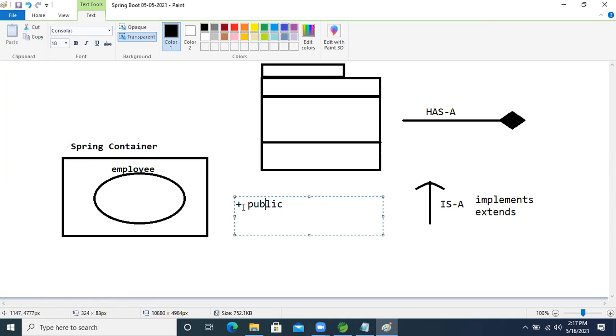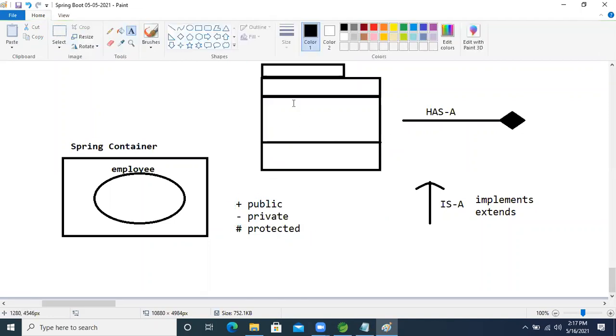If we use a protected identifier in the class, we will use the hash symbol.